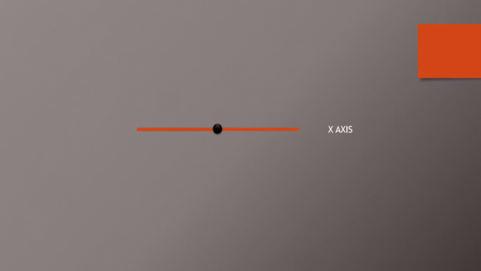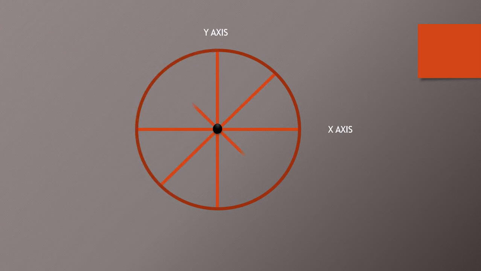Let us consider this is the center of the circle, and we have the radius or diameter of that circle along the horizontal x-axis and the vertical y-axis. Now we are drawing that circle. After that we will divide the whole circle into 8 parts: 1, 2, 3, 4, 5, 6, 7 and 8. Each part has an angle of 45 degrees.